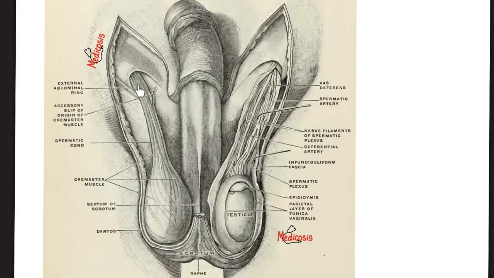Here is the spermatic cord on the right, spermatic cord on the left. This is the superficial inguinal ring, which is an opening in the aponeurosis of the external oblique muscle. The spermatic cord is the lifeline of the testis. It has testicular artery, testicular vein, and vas deferens, among other structures that we have just talked about in the